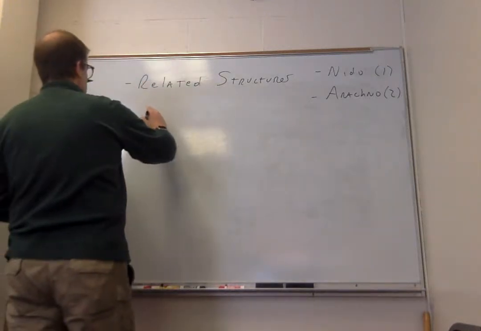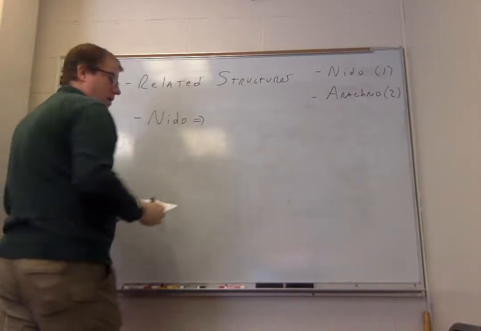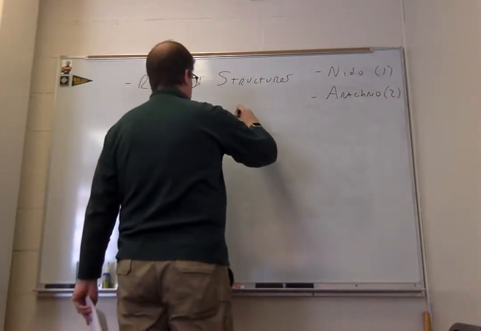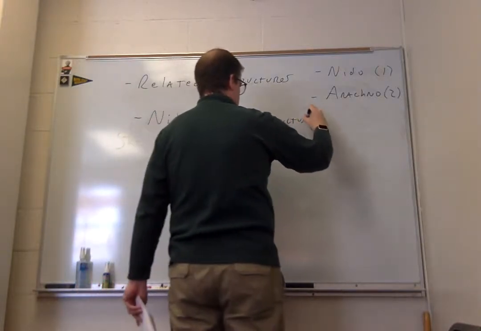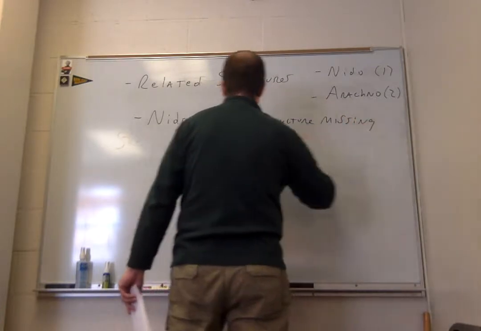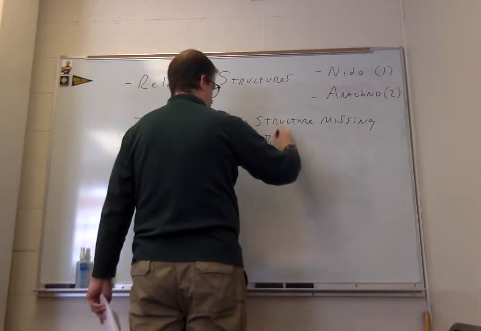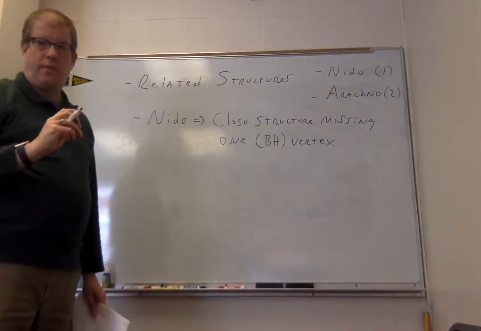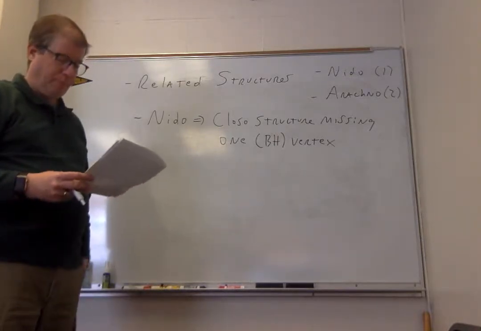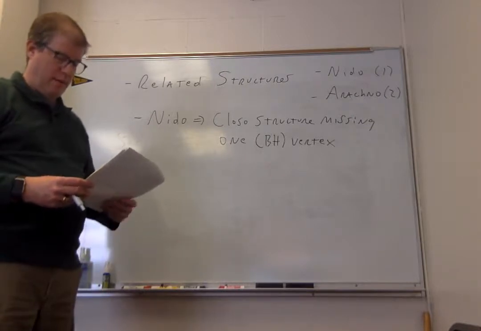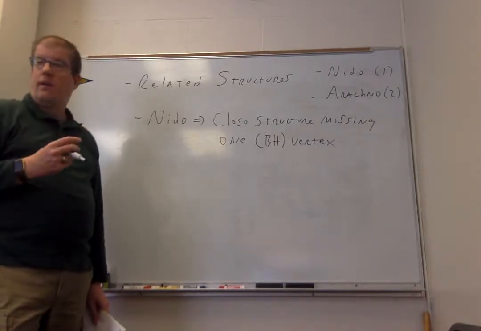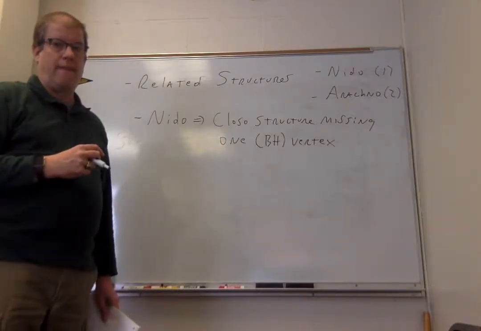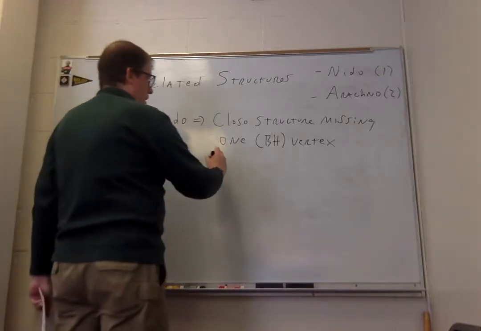So start with nido. This is the closo structure missing one vertex. So one boron hydrogen vertex is going to be, if you will, plucked away from the structure. And when you do that, you've got to provide electron density back. And so if we take away one of these vertices, which has 4 valence electrons, you've got to give the cluster back 4 electrons. So the closo structure is missing one BH vertex,